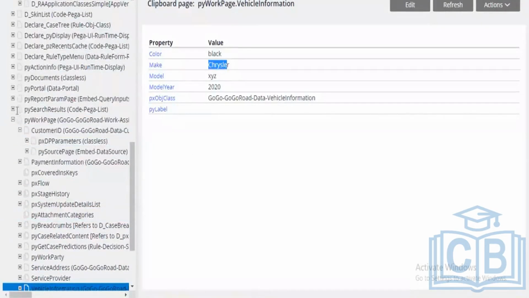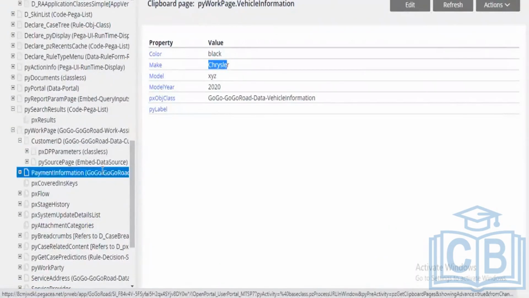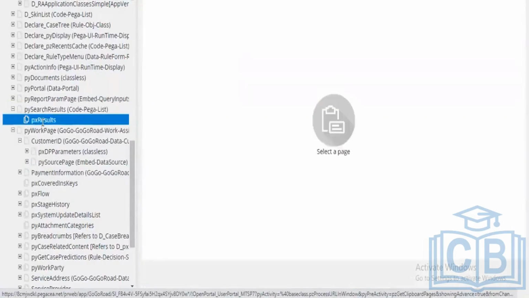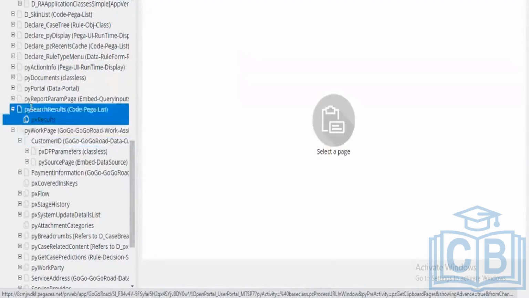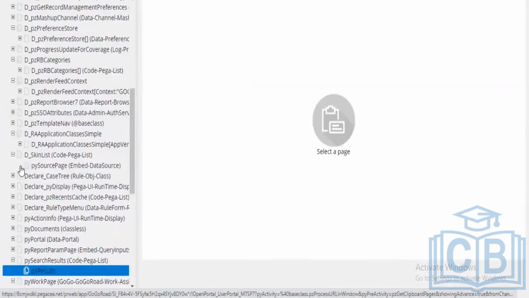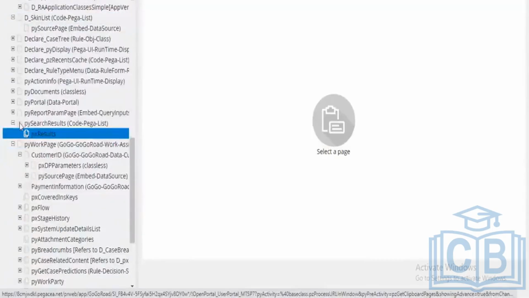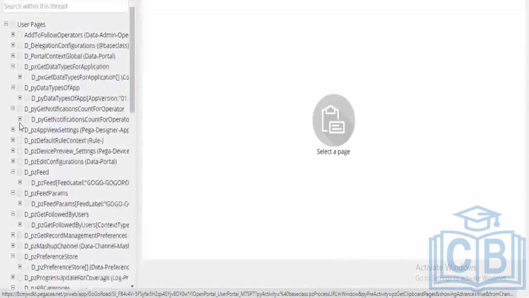I'll show you how a page list looks like. See, this is how a page list looks like. A page list will have the PX results. If you expand PX results generally, you will have PX results of 1, PX results of 2. Let me see if anywhere it is there. We haven't created a page list. Let me search if we have any